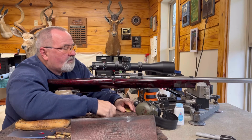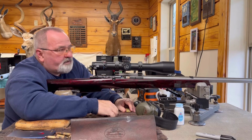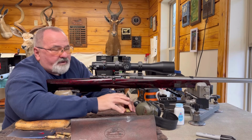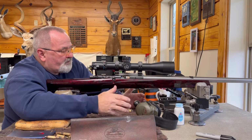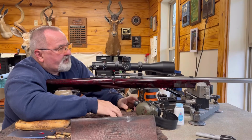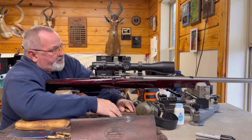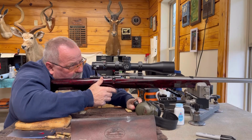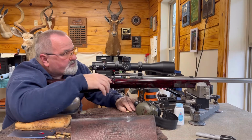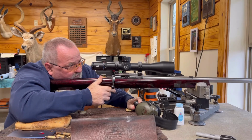And once you master this, a lot of other things will become more clear to you in your tuning and your gun handling. But when I'm sitting here doing this drill, I've got my wind flags out and I'm setting up just like I'm going to shoot a match. And so I say, okay, I want to start my group now. So when I shoot, click,